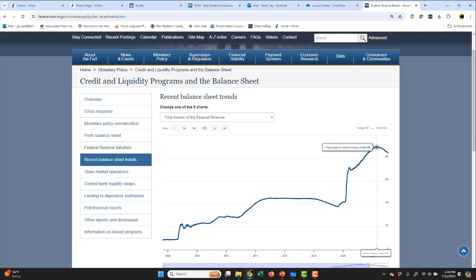Now you can see that the total balance sheet of the Fed is close to 9 trillion at the peak. Okay, so again, I told you the total size of the American economy, meaning if you just took the total goods and services that are transacted in America, it's 25 trillion. In 2008, we weren't even at 1 trillion. Now we're at 9 trillion. Okay. So it's been a massive, massive, massive increase.